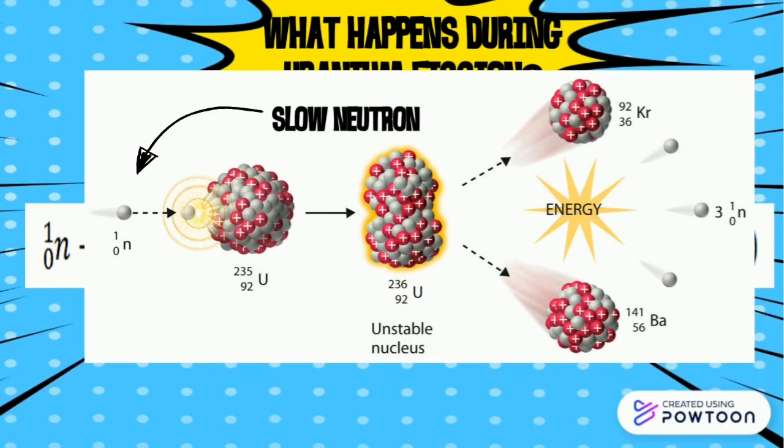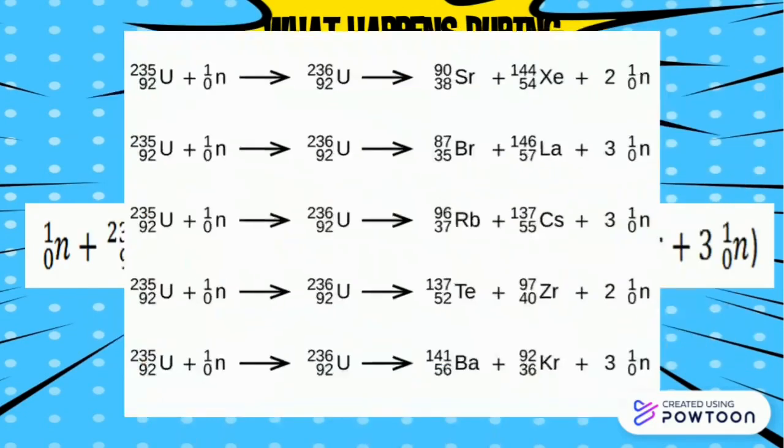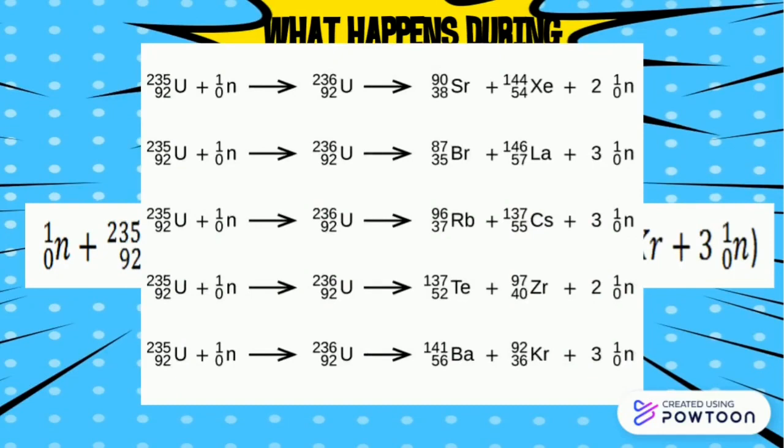When it changes the shape of the nucleus into a dimple, Coulomb forces work to break the nucleus into two. The nucleus releases an energy of 200 million electron volts, which is because of the binding energy that kept the nucleus intact. 20% of fragments are possible to be produced by this process.